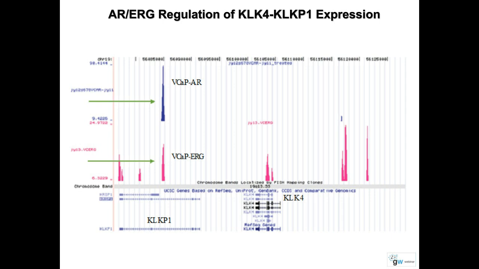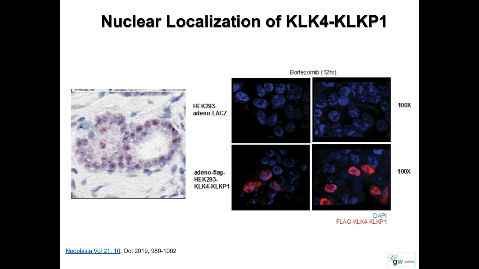And also in this slide, we looked at the location of the fusion protein by using the fluorescent anti-flag antibody. We showed the nuclear localization of this fusion protein, like we see the RNA signal on the left panel, the localization of the signal in the nucleus.